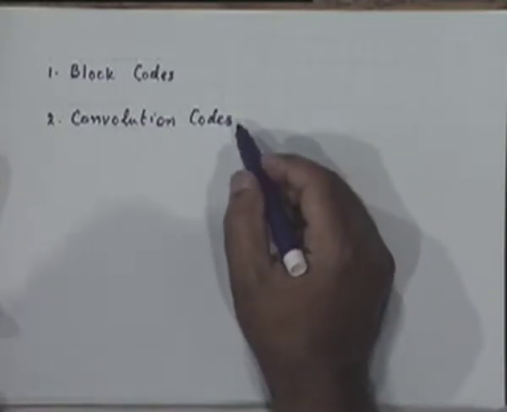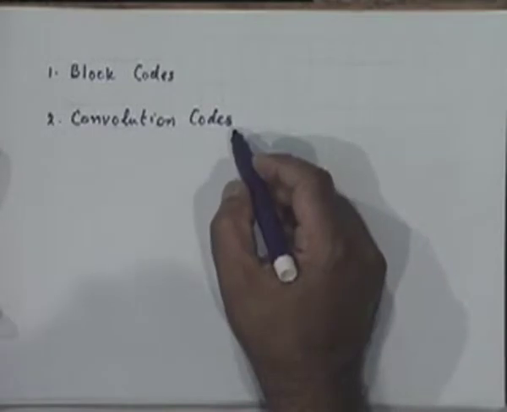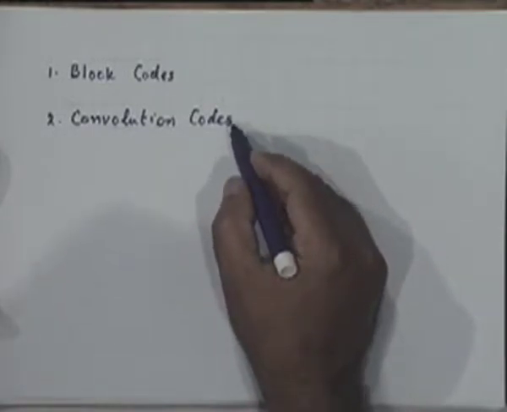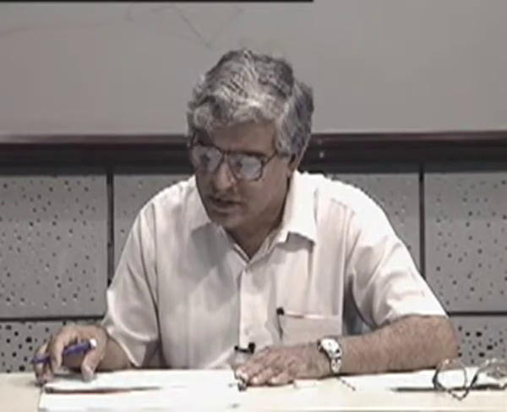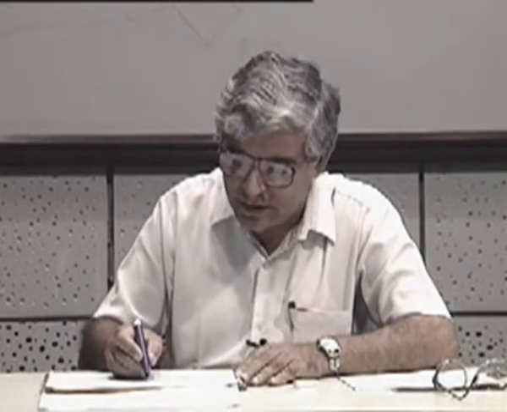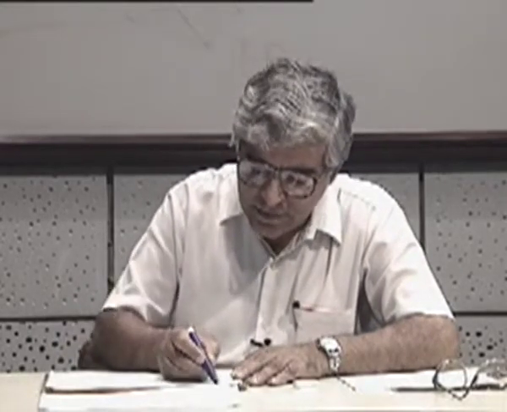Convolution codes, according to one school of thought, are really a more powerful class of codes, because they are able to take care of not only additive white Gaussian noise channel situations, but also certain other kinds of channels, for example, what are called burst error channels. But there are some differences of opinion as to whether block codes or convolution codes are really superior with respect to each other, or ultimately they are all the same. Other than just these few words, we will not really touch upon convolution codes at the moment, and we will be essentially dealing with block codes,